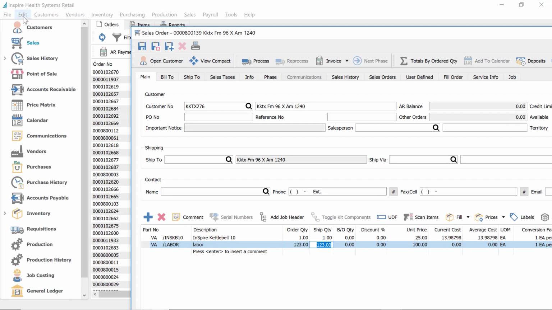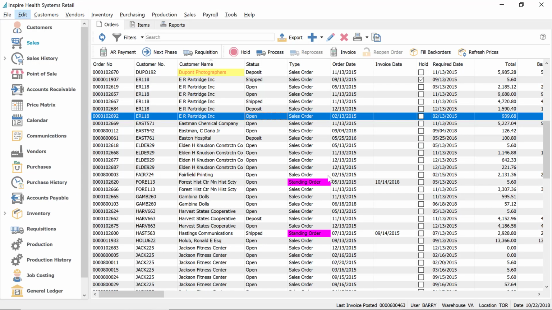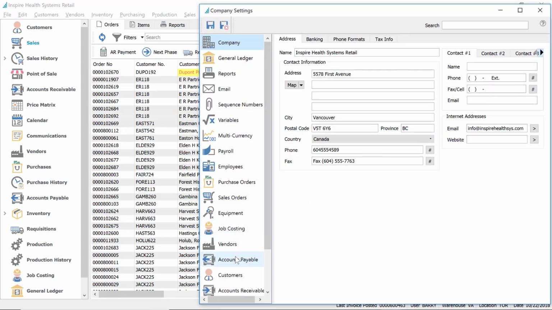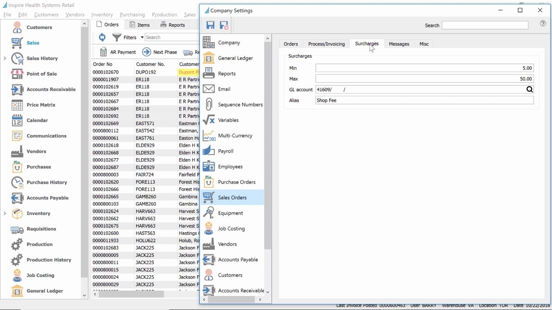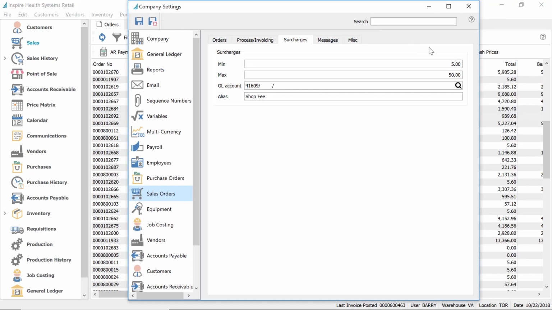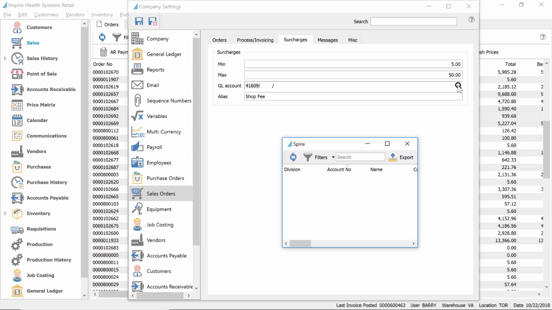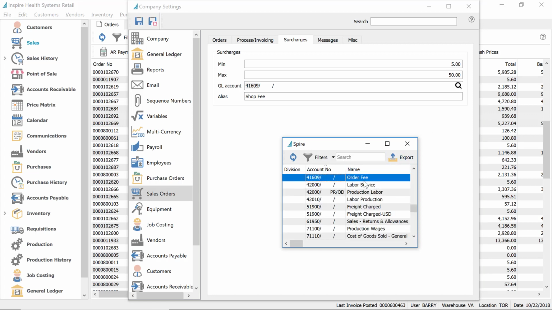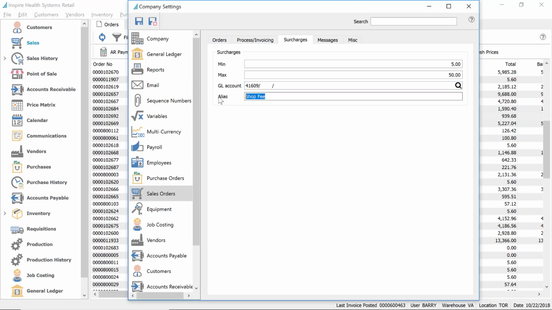So the way we did that is under Edit Company Settings again. We have, under Sales, Surcharges. There we have a minimum charge of $5, a maximum charge of $50. The GL account we chose is 41609, and the name we've got set is just called order fee. But this can be things like fuel surcharge or shop supplies or anything. So if I change this now to fuel surcharge, and then we save that,